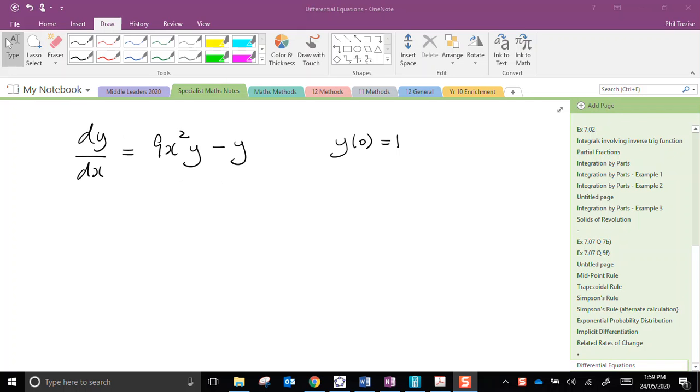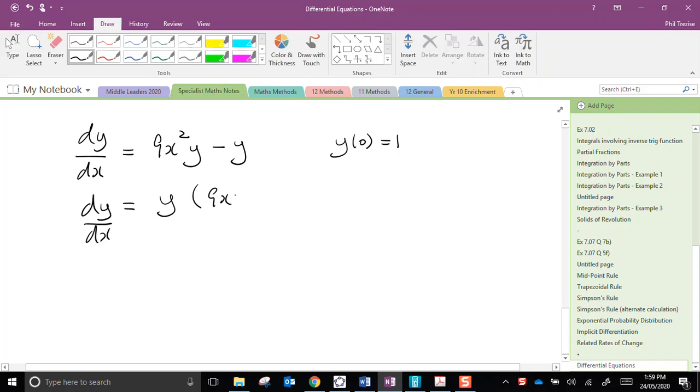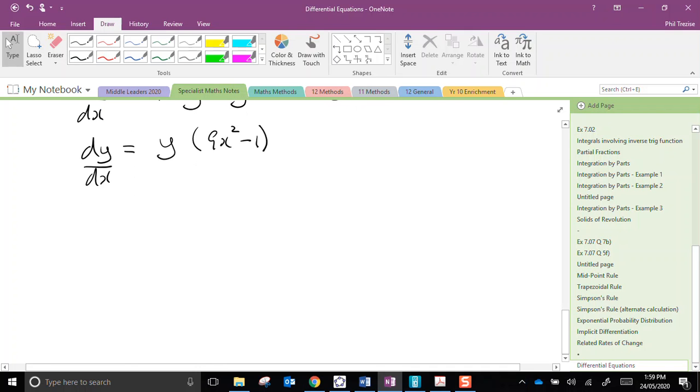Again, the first step is separation of variables. See if we can get everything with y and dy onto the left, everything with x and dx onto the right. So a little bit more preparation here before we get to the stage of an integral. I can see that we would have a common factor of y, and then there's 9x squared minus 1. That's nice. Now if I divide by y and multiply by dx,